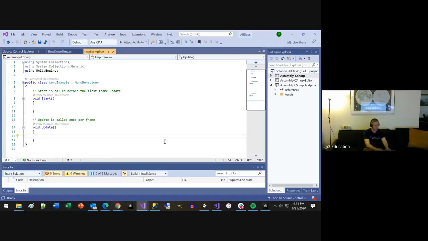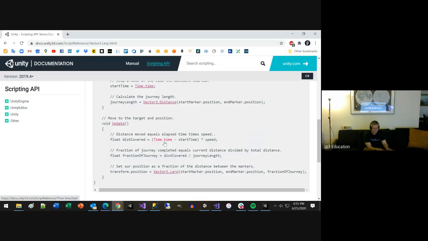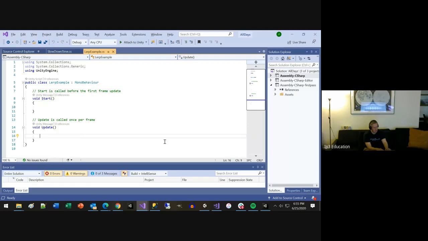So our lerp example is actually on the cylinder itself, and so we should be able to go transform dot position is equal to vector 3 dot lerp